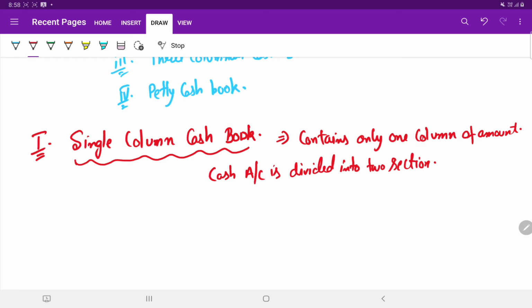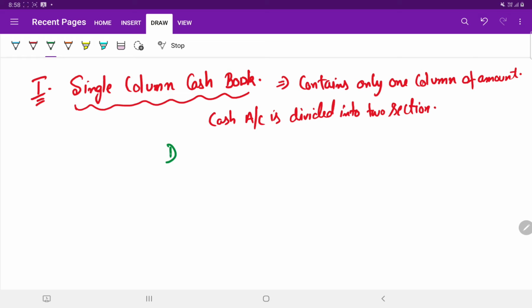The left hand side section is known for debit entries, whereas the right hand side is for the credit entries. So the left hand side is for debit entries and the right side is for credit entries. The abbreviation DR will be written at the top of the left and the abbreviation CR for credit will be written on the right hand corner respectively. The word to is written before the debit entries, and the word by is written before the credit entries. The format will be given below.